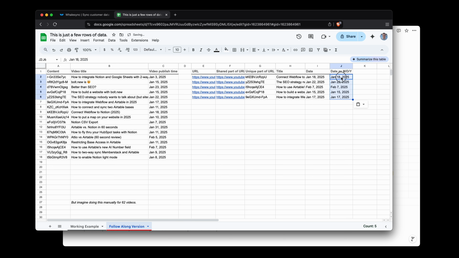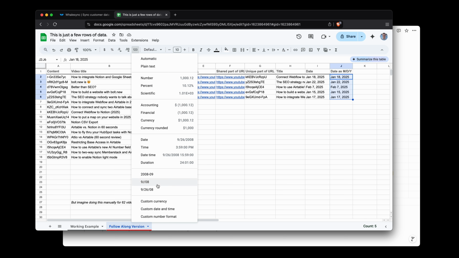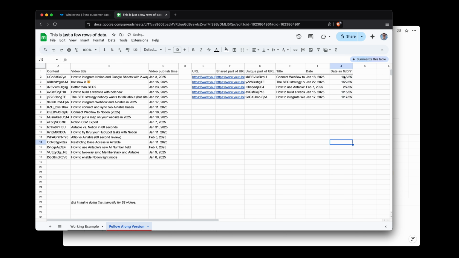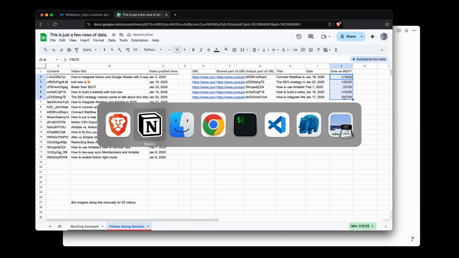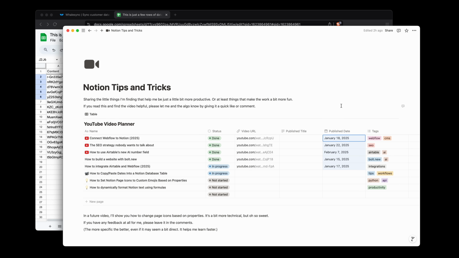That copies the values, but you can see there's no apostrophe, and it's also not a formula. So now we actually have these values, and we can go up to the formatting here. We can select month, day, year, click that, gets us what Notion is looking for. So now we can take and copy these, bring them over, paste them, and now we've got the dates for